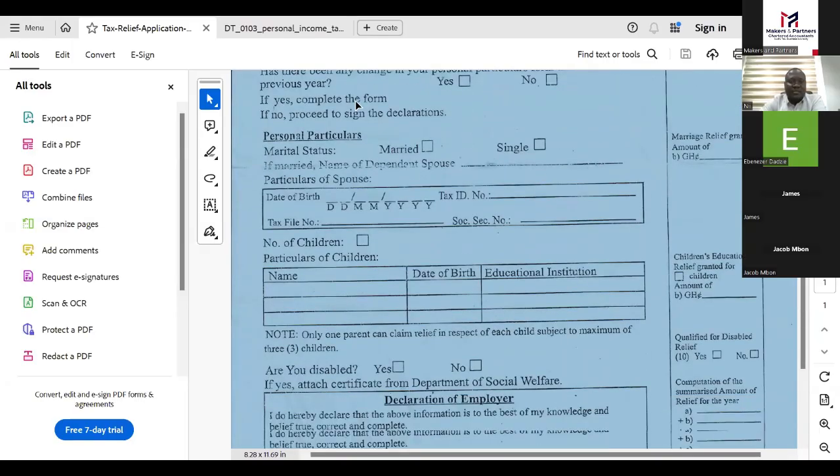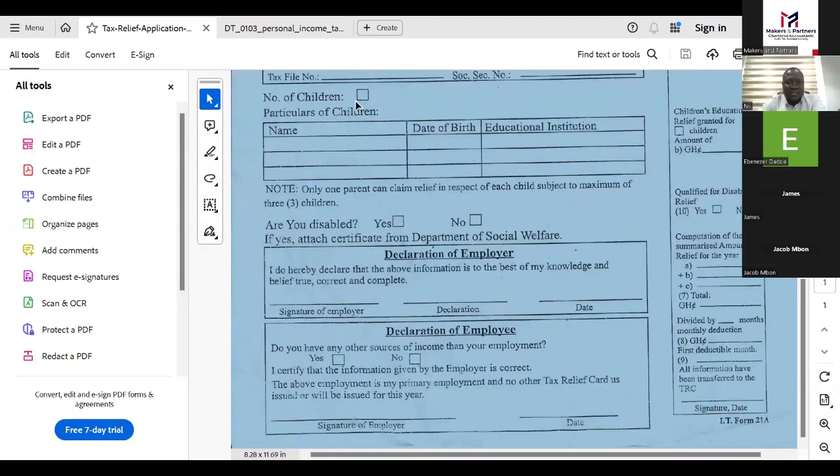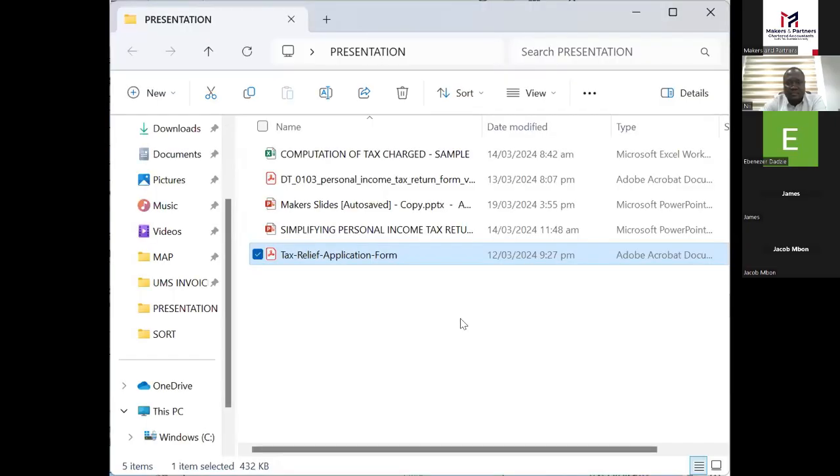The next thing you should have is the IT Supplementary 51. So let me show you the IT Supplementary 51. A moment, please.